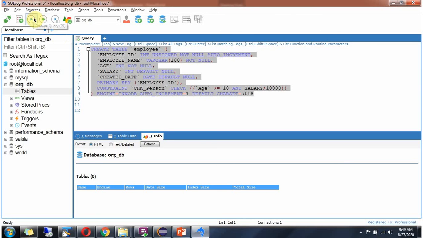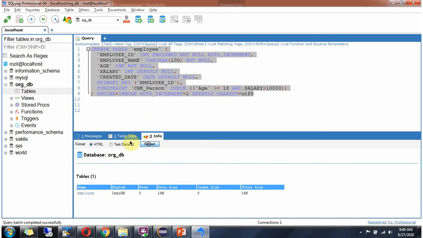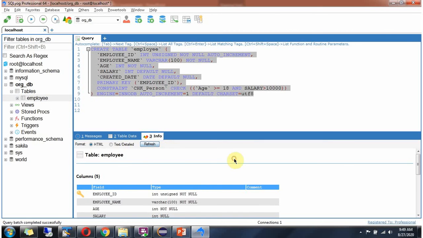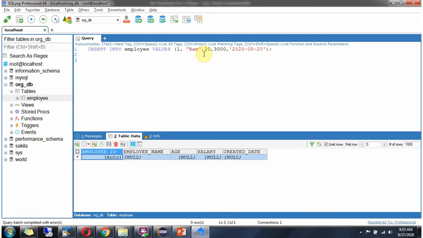I am creating this table. And here you can see the check constraint is created on the age column and salary column. Next I am going to insert one record in the employee table with age 20 and salary 3000.